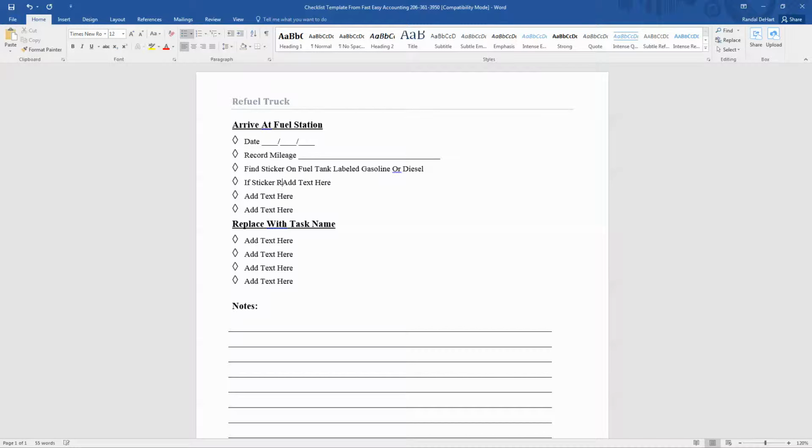sticker reads gasoline, fill fuel tank with lowest, it can be lowest or highest or middle, whatever you decide, octane fuel available. Alright,